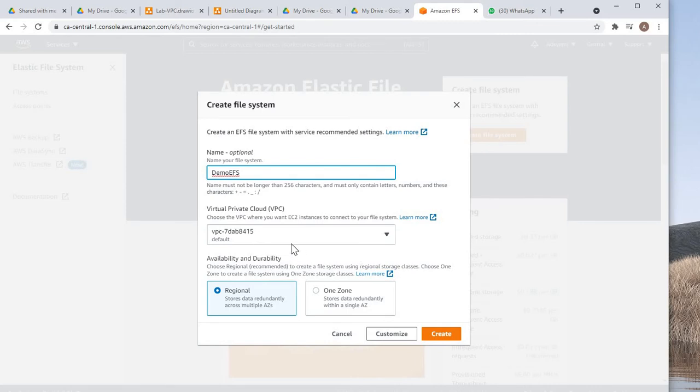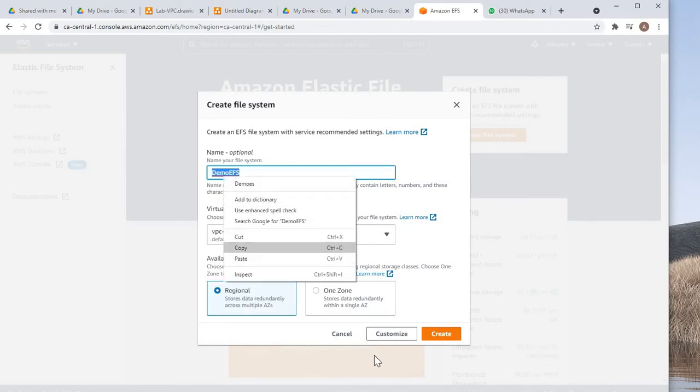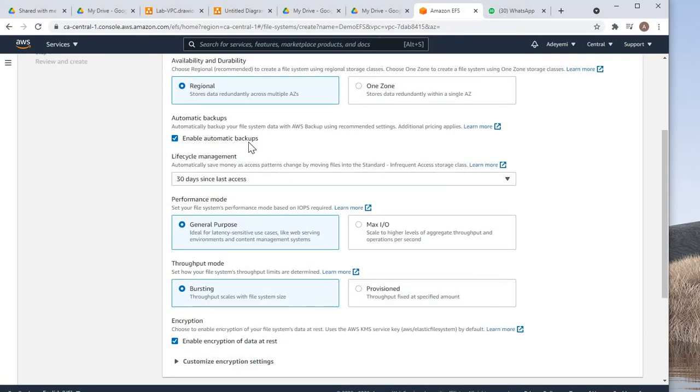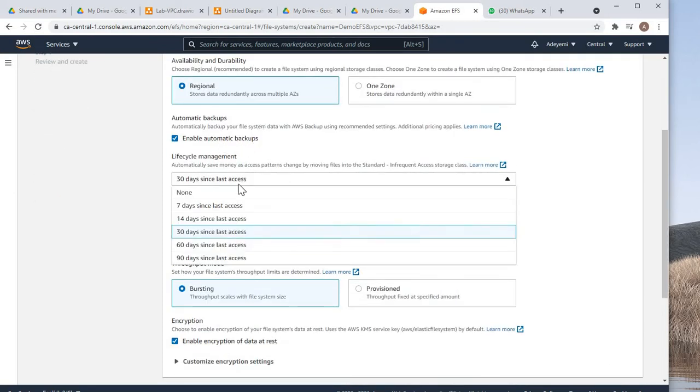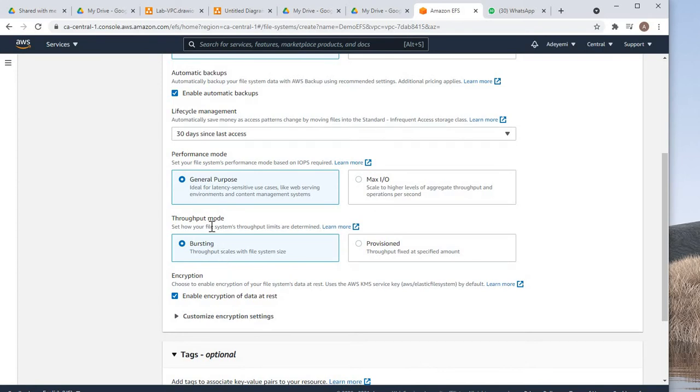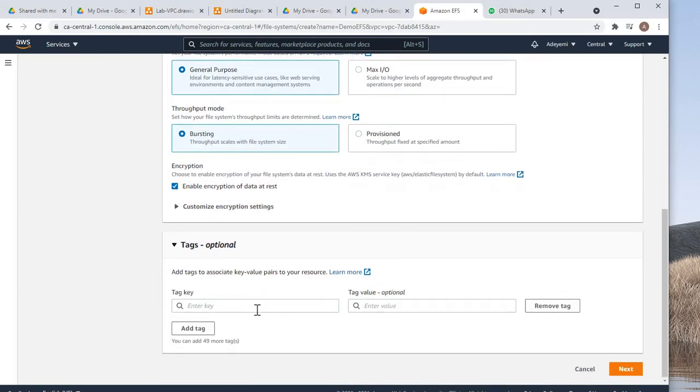So we leave this as default, but we customize. Let's customize this to customize demo EFS regional. Enable these. So these are the lifecycle management, enable automatic recovery. We can select 60, 14, 17 days, but let's leave it as it is. General purpose, throughput mode, and so on and so forth. So, but here